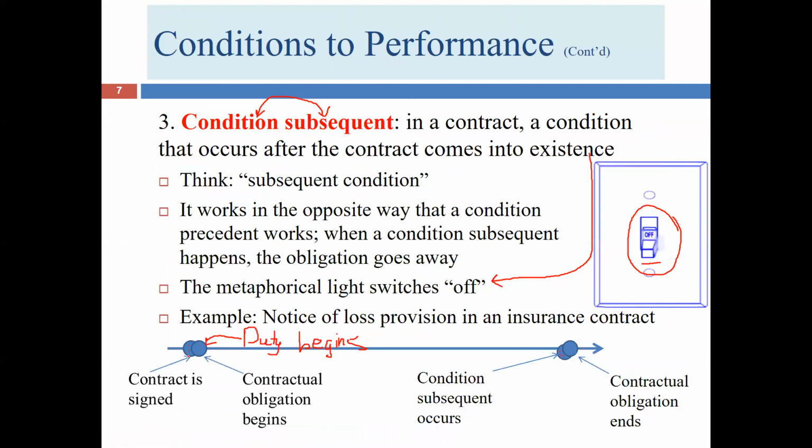Sam owns a house, Ann wants to buy it, Ann is going to pay $200,000. Ann has already secured financing, or maybe she has cash. But anyway, we don't have to worry about the condition precedent of Ann securing financing. It's not an issue in this case. So Ann's duty begins immediately, but there's a condition subsequent to the deal.